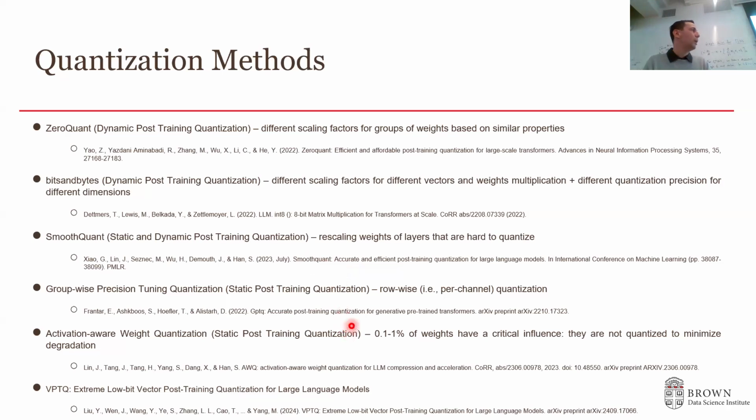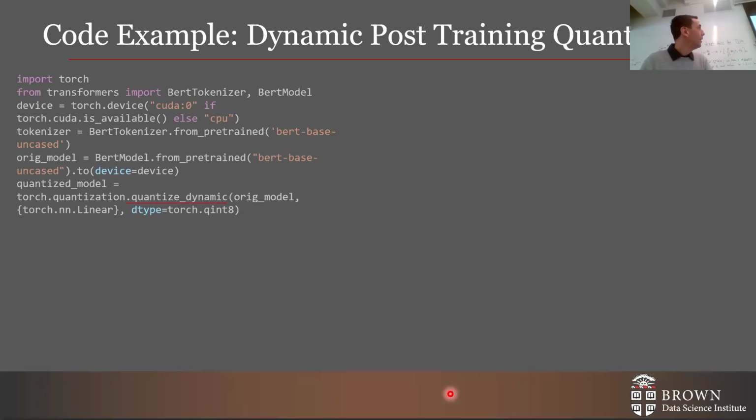outlier. You can do it row-wise, that means channel-wise, instead of layer-wise or column-wise. You can ignore quantization of about 1% of the weights that are more important. It's another topic how you select what is more important, but you can do that. And recently there was a paper that made a lot of noise in the community about 2-bit quantization, which is super extreme. Now, by all means, there are so many other methods, but just to show you how current and evolving this research is, this paper is from like 6 weeks ago, and it's already implemented in the open source community. So yeah. So how do you do that?